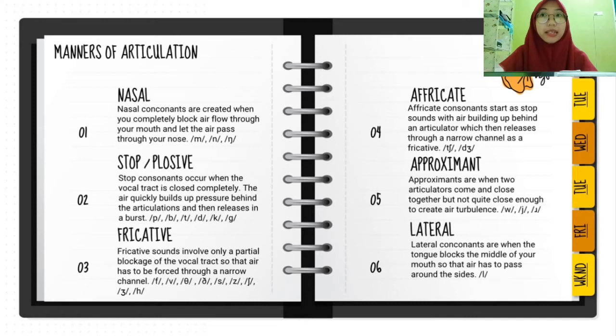The second is stop, or also known as plosive. Like nasal consonant, stop consonant occur when the vocal tract is closed completely. But for stops, the airflow is not redirected through the nose. Instead, the air quickly builds up pressure behind the articulators and then releases in a burst. For example,